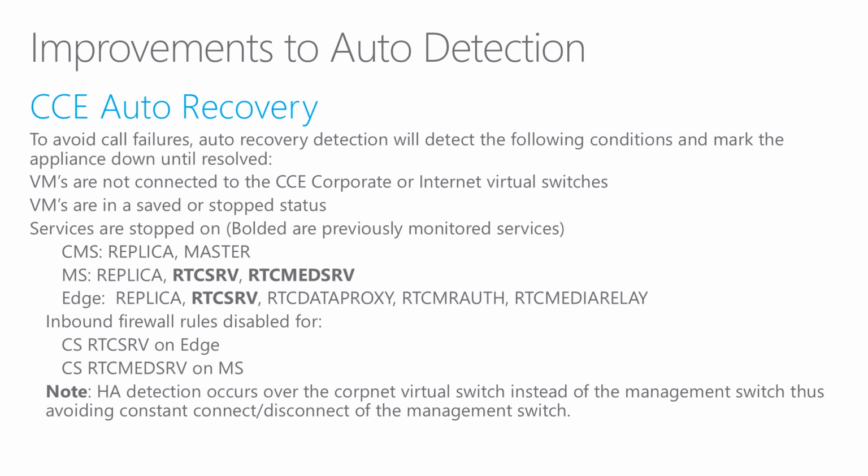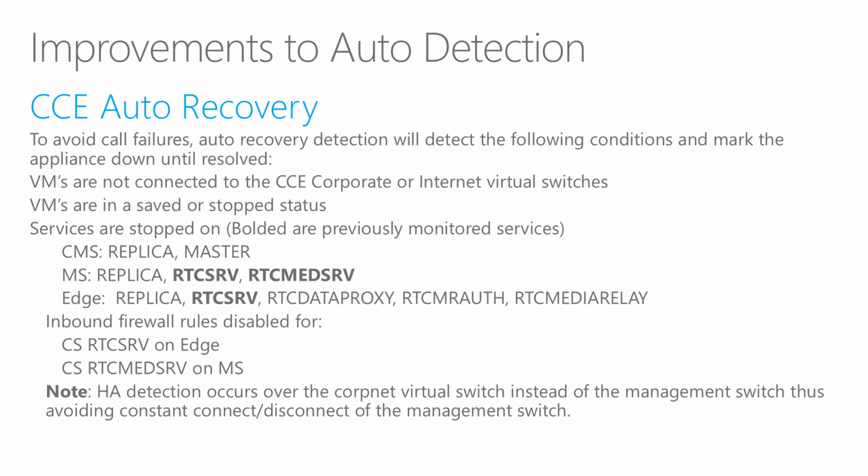We've made some significant improvements to auto detection to help with CCE auto recovery. To avoid call failures, auto recovery detection will detect the following conditions, and it will mark the appliance down until resolved. In an HA environment, we want to mark any appliance down that's not fully functional to ensure that we don't route calls to it and have them fail. So the things that we're